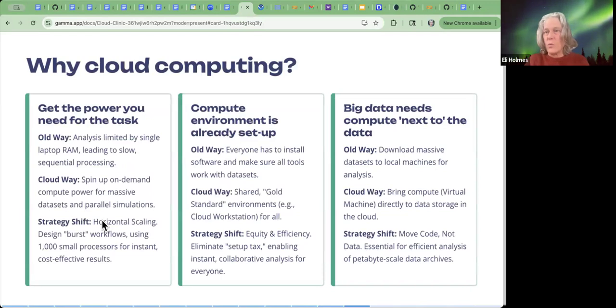Okay. So why would you use cloud computing rather than just doing things on your own computer? So I think like this box over here is one of the primary reasons is you need more power than you have on your laptop or your computer. This way you get the power for the task at hand. And then when you're done with that task at hand, you release the machine. So you only use it for when you need it and you get as much as you need at the moment. Okay, so it's this, you're being able to scale.